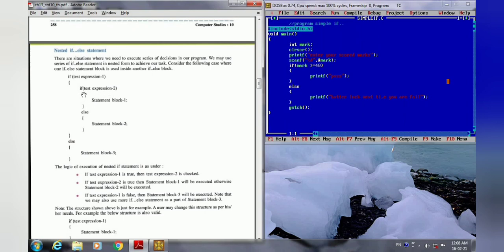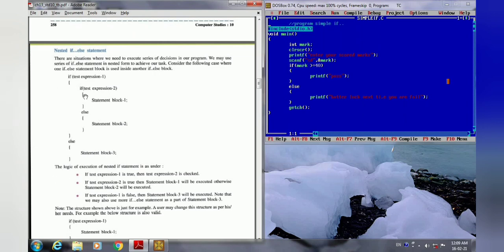If this condition is false, then the else part of this statement, whatever false statement we write, will be executed here. And after closing of the first if, in the else part, if the first condition becomes false, then it will not check the inner condition. Directly it will go to the else part of the first if statement, and the false statement you write in the first if will be executed here.